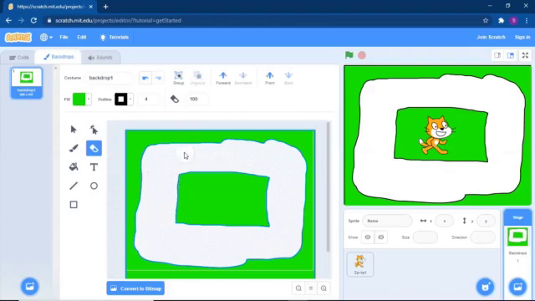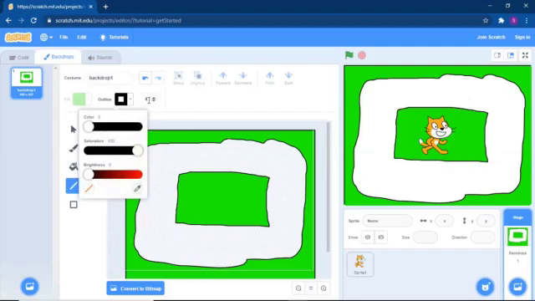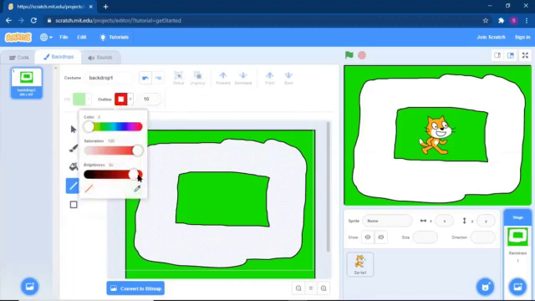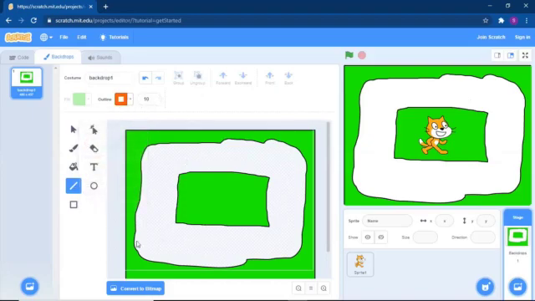For me, a track should have a starting point and an ending point. So we will now draw the starting point. We'll take the line a little bit thick, and the line color I'll take as red.